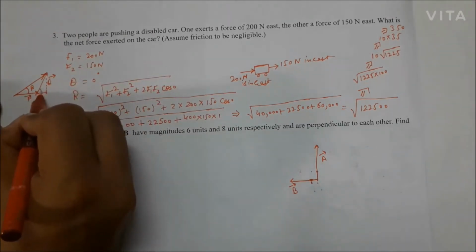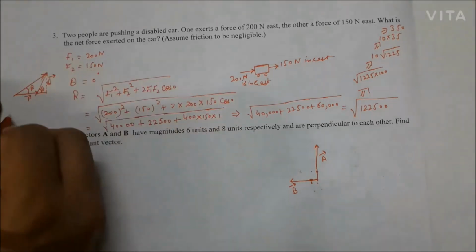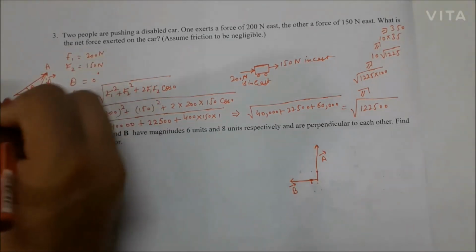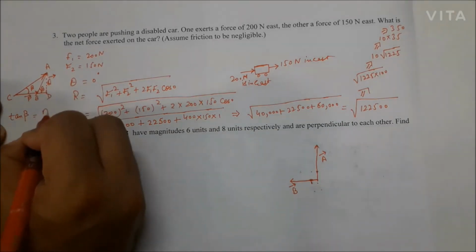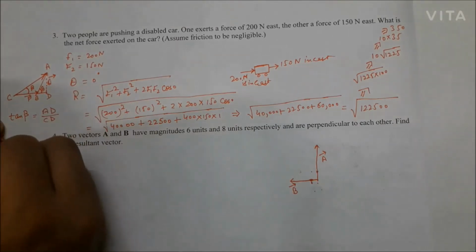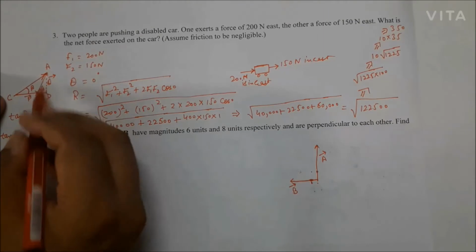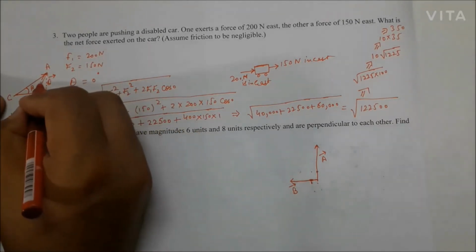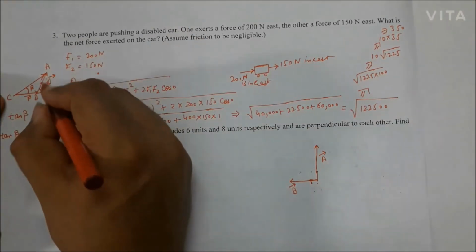So this angle is theta, the angle between two vectors. Now tan beta comes out to be, when I name it as A, B, C and D, AD upon CD. You are not having AD, so try using simple trigonometry like we did in question number 1. What will be the value of AD now?